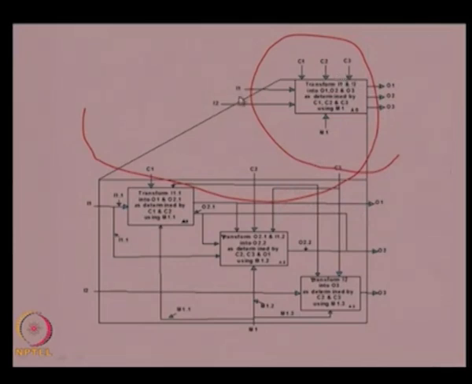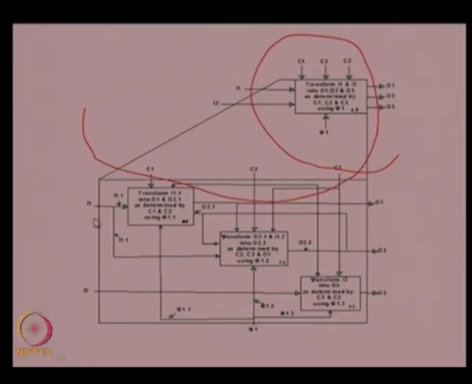So, here you can see the inputs I1, I2 are the inputs to this top level function or the A0 function, and then C1, C2, C3 are the control inputs, and then O1, O2, O3 are the outputs, and then you have here the mechanism through which this transformation takes place. So, that is the top level context diagram A-0, that is a context diagram, and the same diagram can be